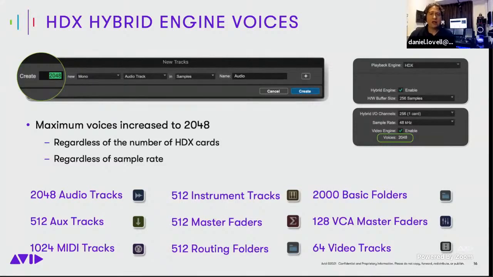So to add this extra functionality and to really free up the Pro Tools system to operate the best that it can in this situation makes a lot of sense. Use the CPU for what the CPU is great at, and then use the DSP for what the DSP is great at. So at this point,